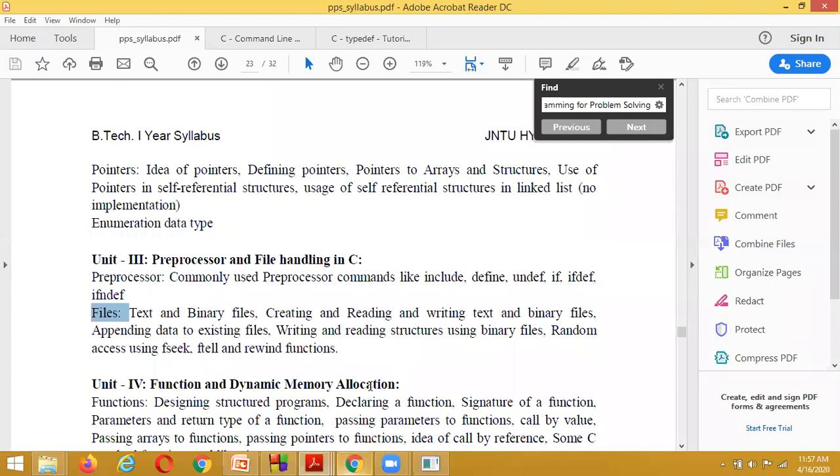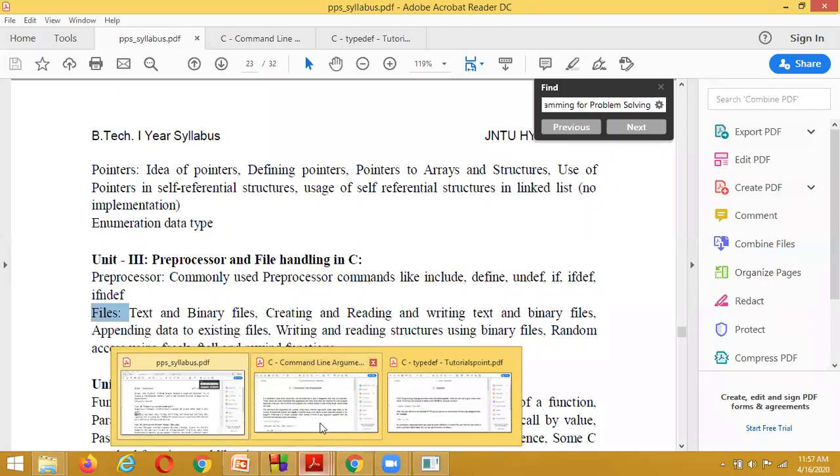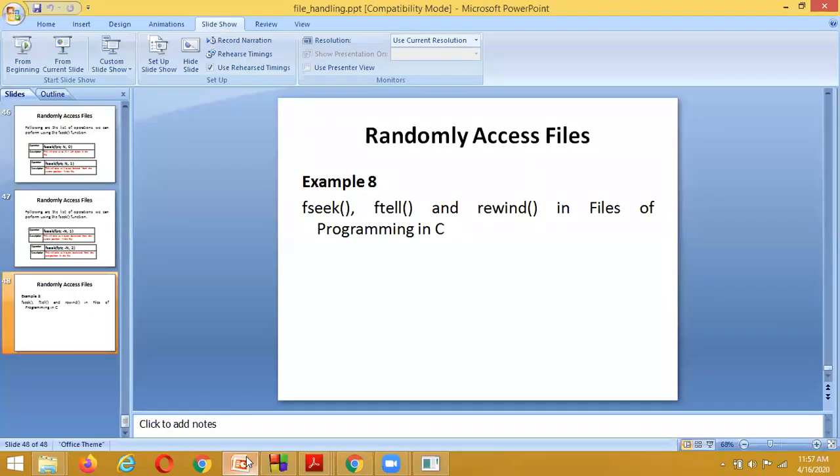And inside random access files, the three functionalities are fseek, ftell, rewind. If you remember these, you can explain file handling better.